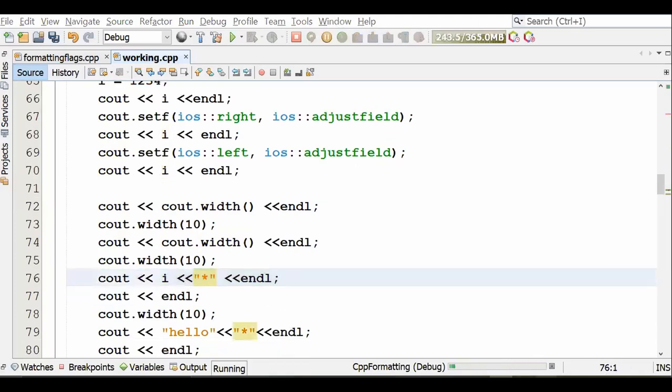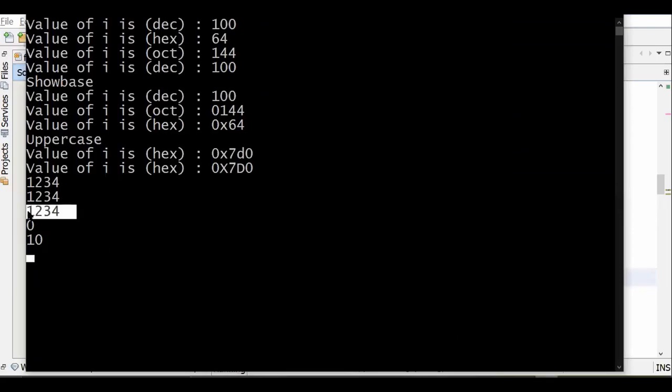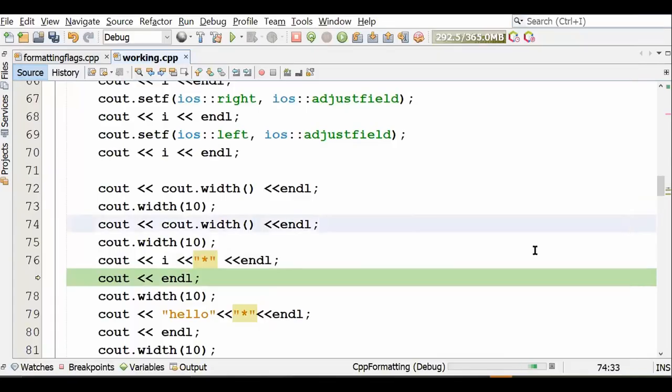When I'm displaying this output, watch, last time also we had displayed the value of i. This time when I'm displaying the value of i, the output has gone to the left side. This 10 column width is allocated. So 4 columns for 1, 2, 3, 4, and 1, 2, 3, 4, 5, 6. 6 plus 4 is 10 columns, and the star has come here. That means this output was displayed in 10 columns. But then you'll say, sir, how did it go left? By default, what was last set, note at line number 69 the justification was left, that's why the output has gone to the left. If it had been right, which is the default, it would have come to the right.